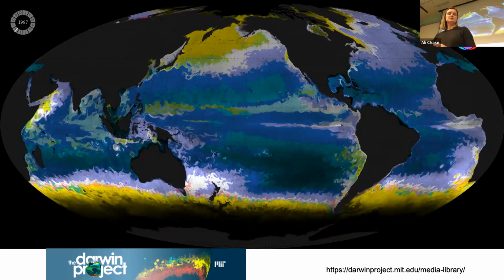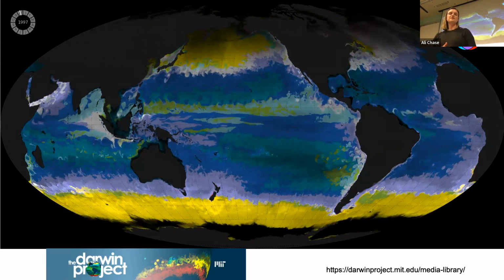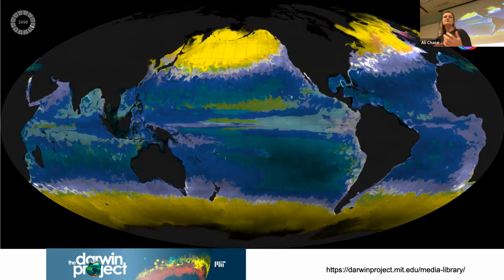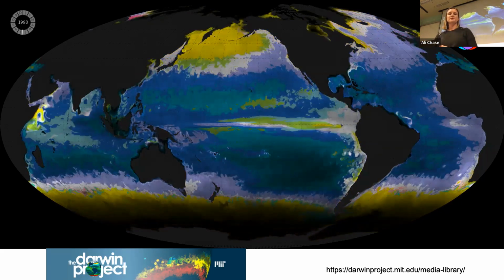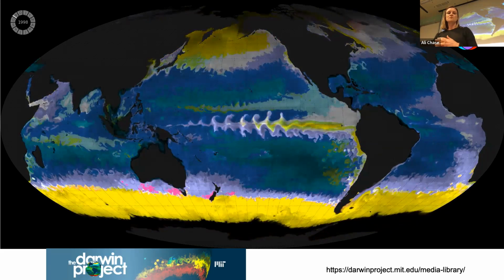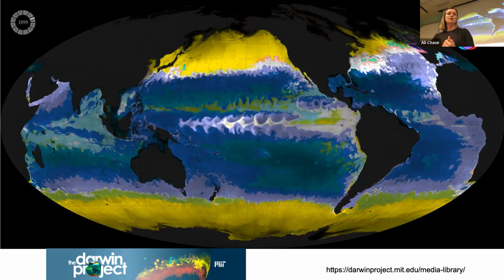So this is one model that comes out of a group at MIT. And the different colors are meant to represent here not total plankton biomass, but the relative presence of different types of plankton. It's a beautiful graphic and it's highly accurate in many of its physical oceanographic modeling capabilities.